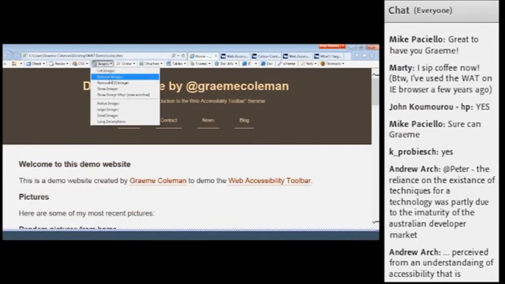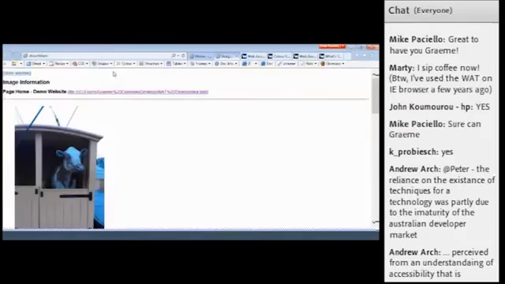So I'll move swiftly on to navigation. And the types of things that you might be looking for in terms of navigation for accessibility is things like, is there an easy way to bypass blocks of repeated content?